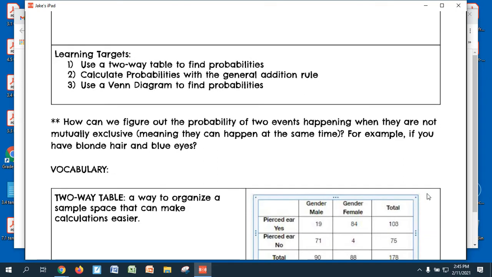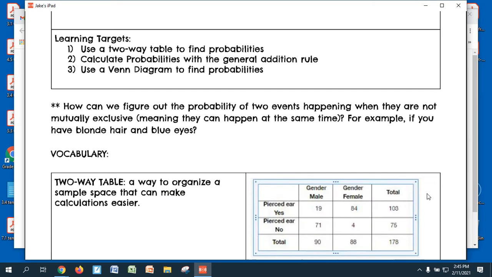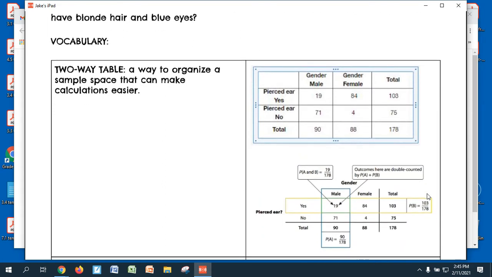So last lesson we talked about the probability of two events, like one event happening or a different event happening, when those events are mutually exclusive. All right, when they cannot happen at the same time. What we're talking about today is how we find the probability of two events happening when they can occur at the same time. All right, and to make it easier,